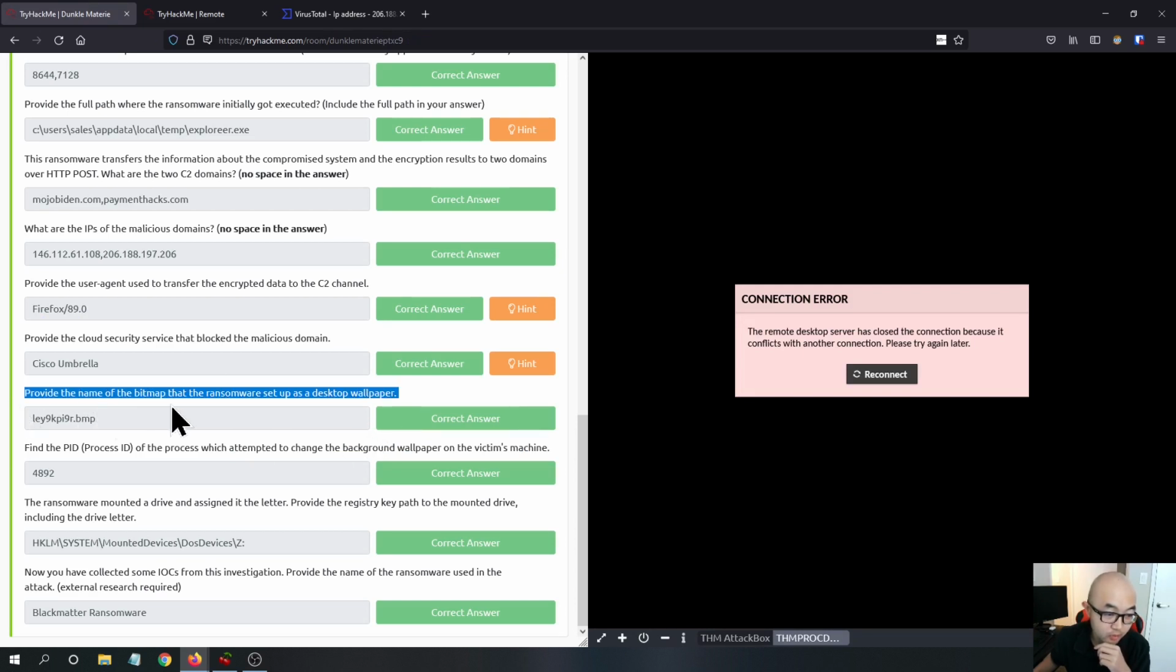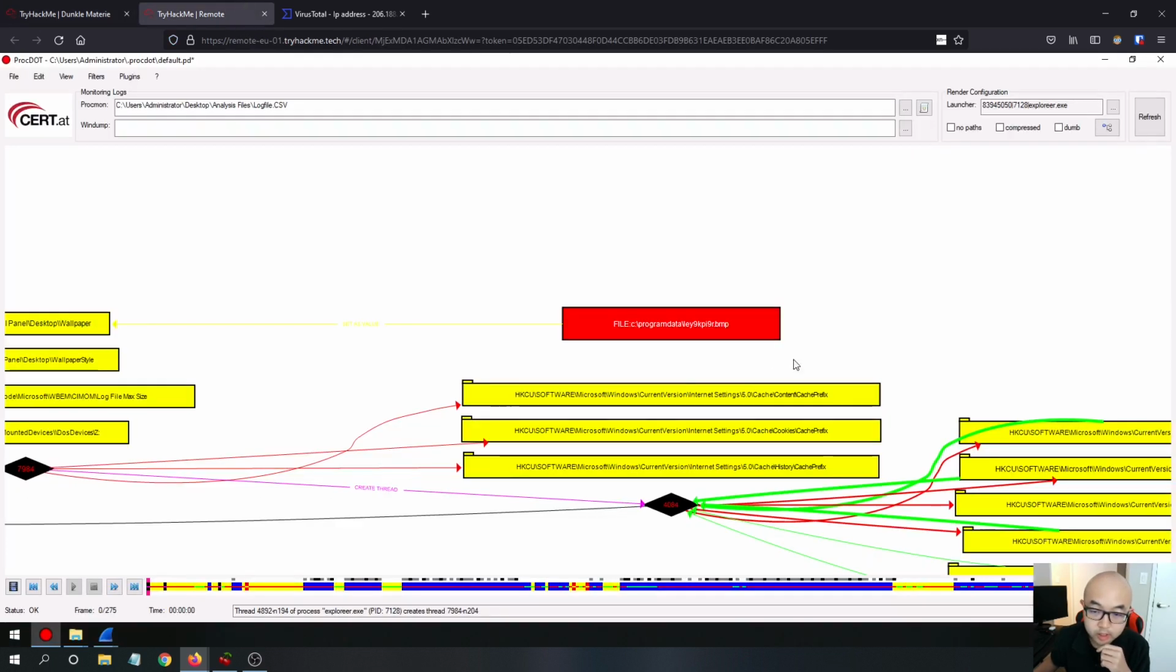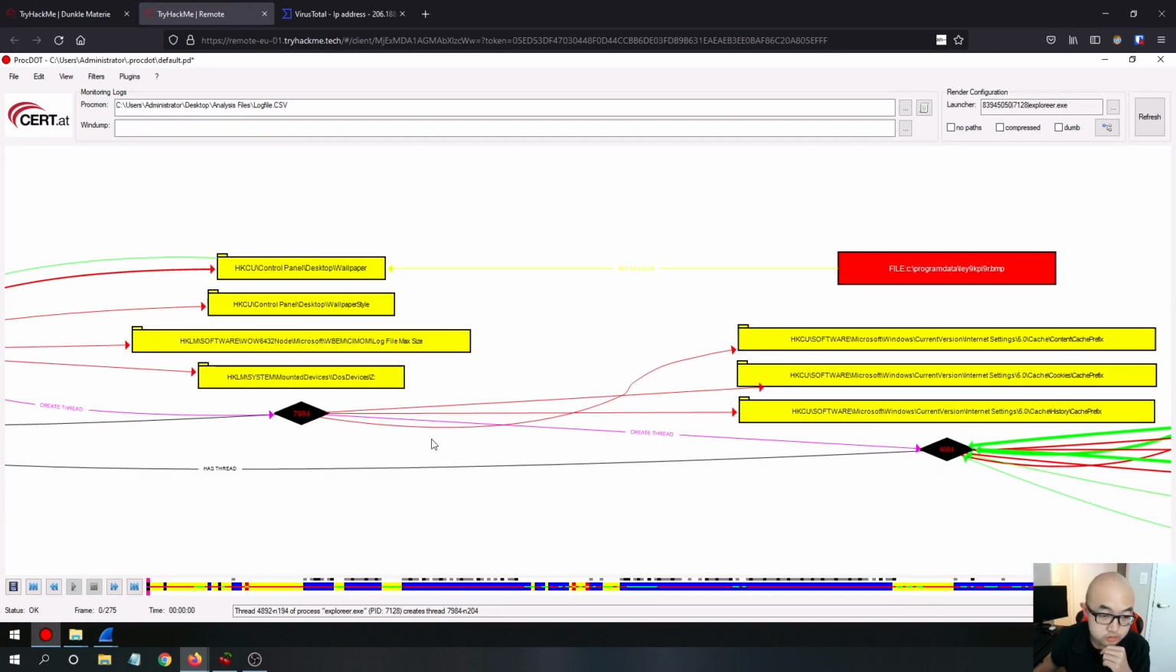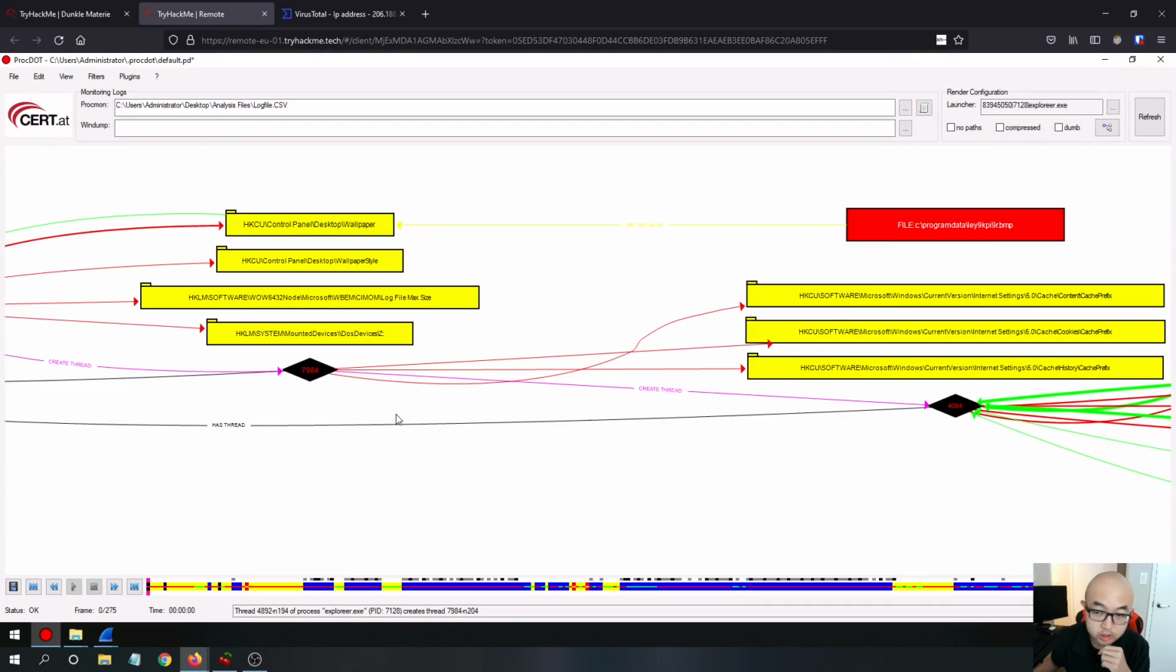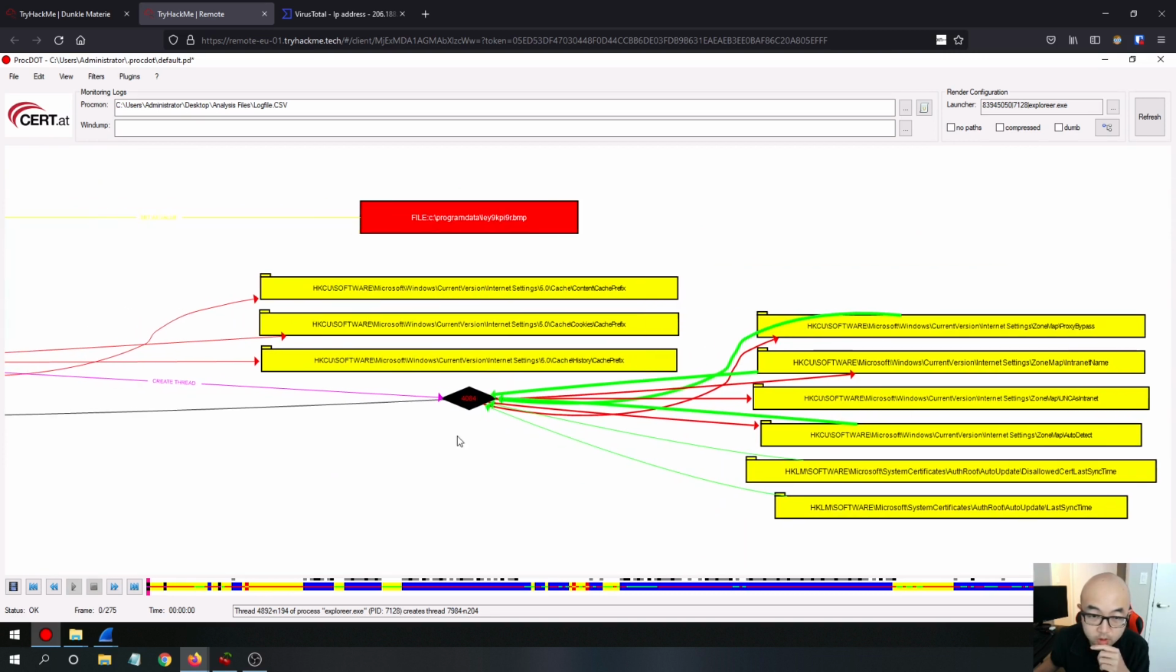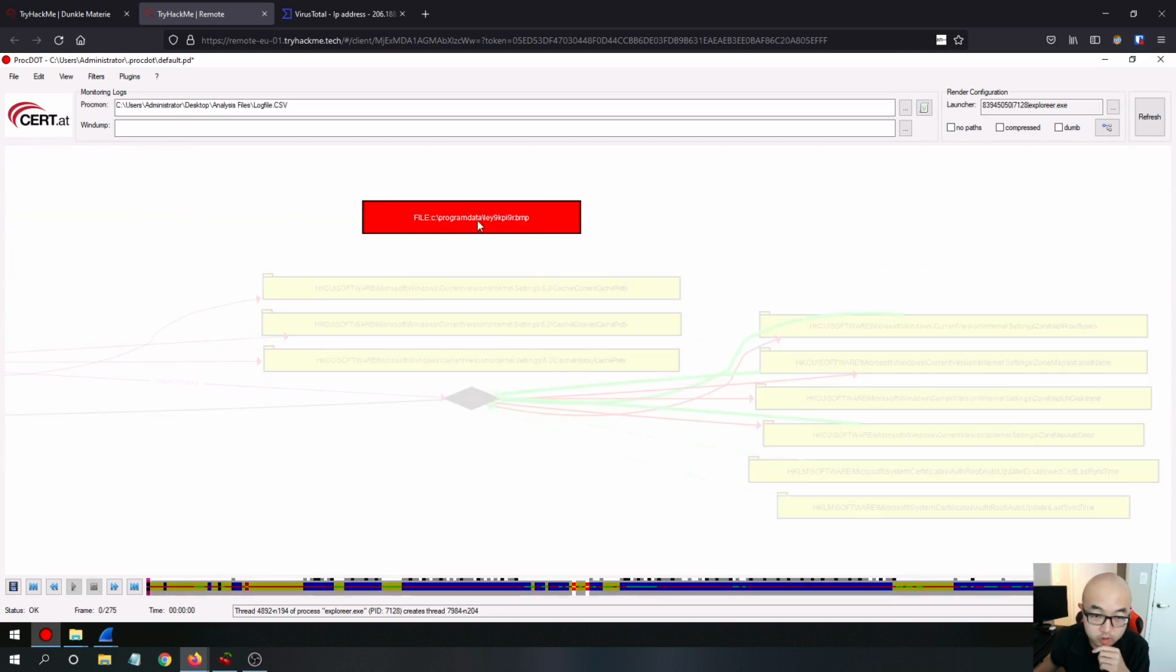So provide the name of the bitmap that the ransomware set up as a desktop wallpaper. So that is how I got the answer. And the next question is, find the PID of the process which attempted to change the background wallpaper on the victim's machine. We know that this one it is, I think we can look at the